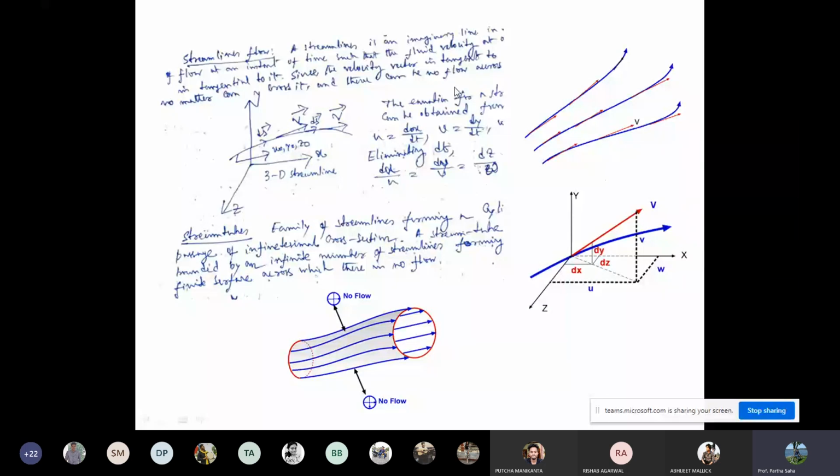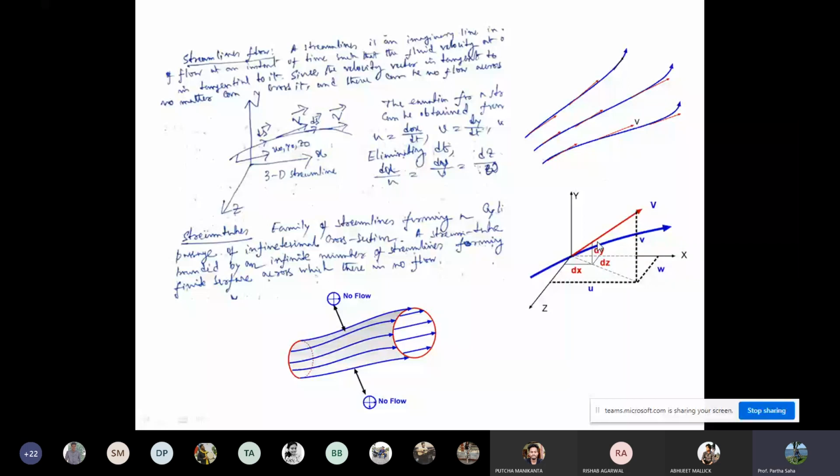And the most important criteria for a streamline flow is that at an instant of time, as you can see, I have given here, this is the streamline flow. At any instant of time, the fluid velocity is constant at its tangent. This is my velocity profile. U, V, and W are the velocity profile along the X, Y, and Z direction, and the tangent to it is the velocity which is constant. So at any particular time, if you draw a tangent, that will be the velocity which is constant. That is called streamline flow.